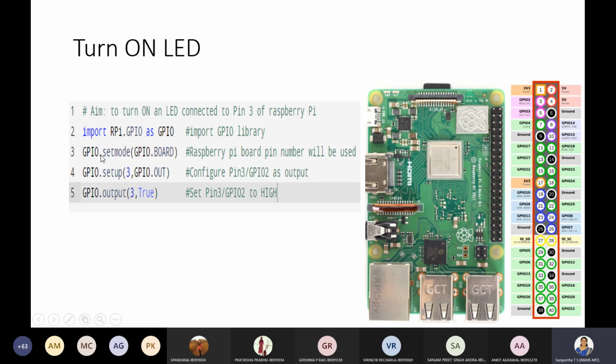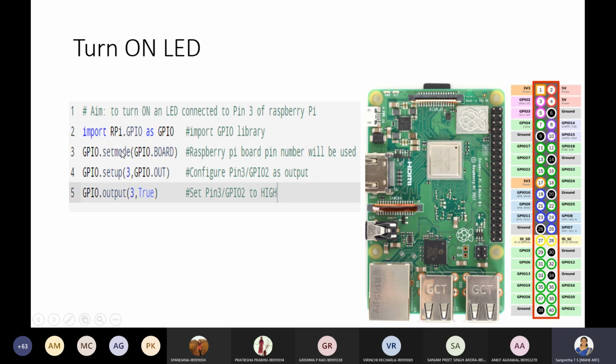Okay. So what you need to do is, using this GPIO, you have to set the mode of operation. That is, you are explicitly mentioning that you're going to use the board numbering scheme, so you set the mode as GPIO.BOARD. If you want to use the numbering as BCM, you have to explicitly mention GPIO.BCM. Okay, this is the mode. Whichever it is, you have to explicitly state using the setmode method that you are going to set the mode to BCM or to board.